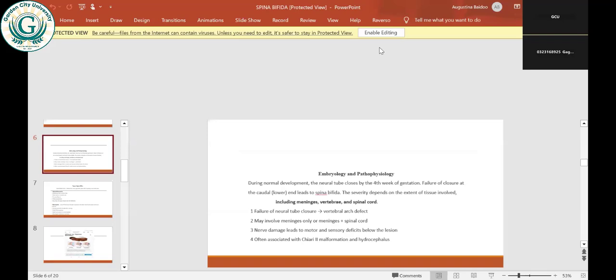As I said already, the spinal cord transmits nerve signals between the brain and the body for movement and sensation. So if there is a defect and the spinal cord is involved, the damage will lead